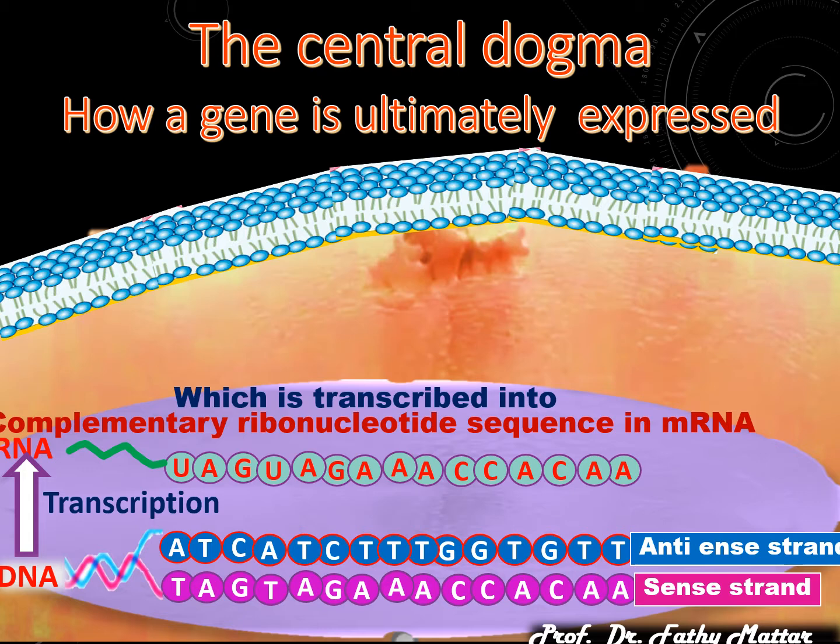The sequence of ribonucleotides in messenger RNA is similar to that of the sense strand, except that U replaces T. And this sequence, which represents the genetic code in the gene, is